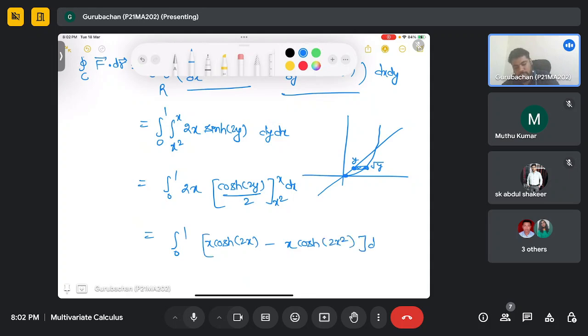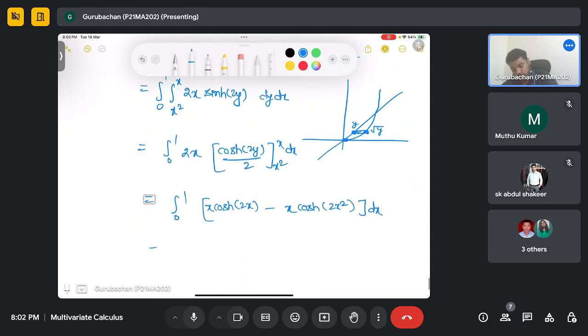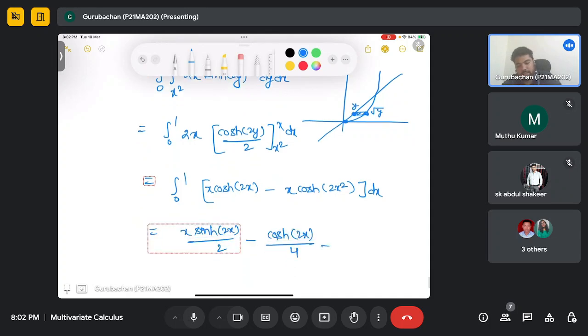So what will this give you? This will give you x sine hyperbolic 2x divided by 2, with negative sign, cos hyperbolic 2x divided by again 2, it is 4, minus, since it is 2x square and here